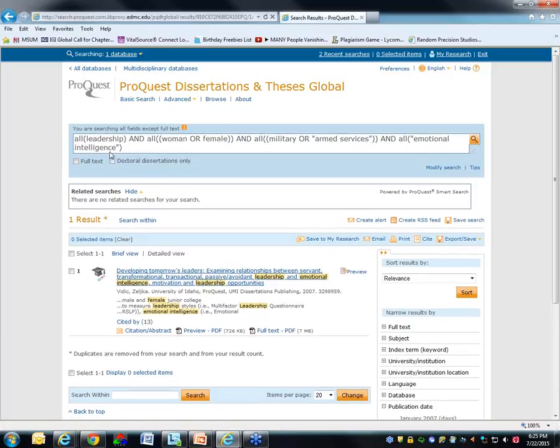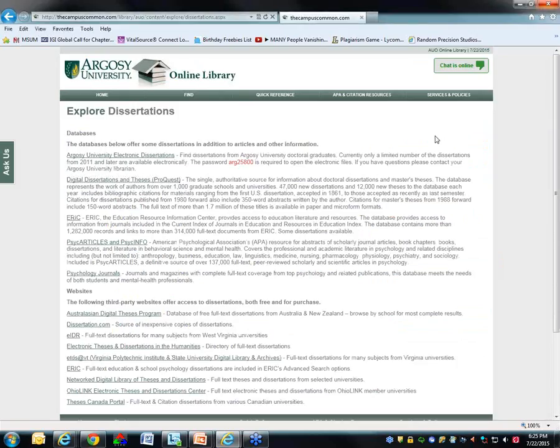In this case, we are searching for only dissertations, so we really don't have to do this doctoral dissertations only. And typically, not always, but typically your searches will come back with full text. All right, and this is pretty huge, actually 7 megabytes. Okay, so that was a quick how to search, how we used our search terms within the databases, an example there. We'll go back to the home, and I want to point out